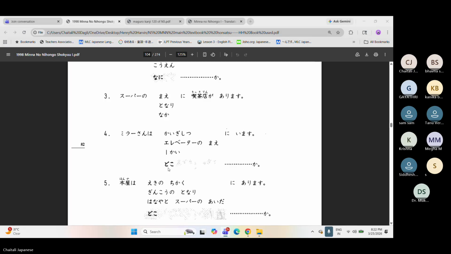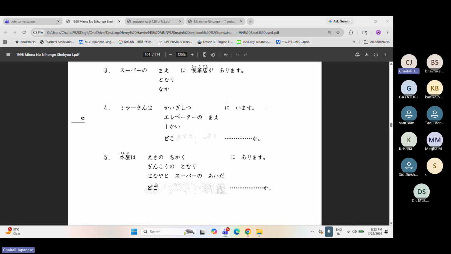What? Yes. Okay. Now, similarly, when you are pinpointing an exact location of a particular object, similarly, there will be no particle ga. Clear? This was for living beings. This is for non-living beings. You can just circle this particle ni, put an arrow out and write at, in or at, so that it will be easier to understand. So Mira-san is in the meeting room.